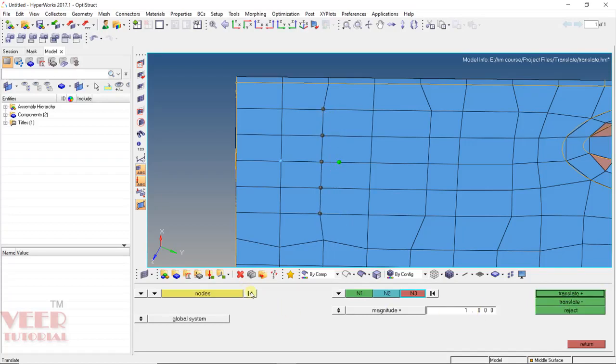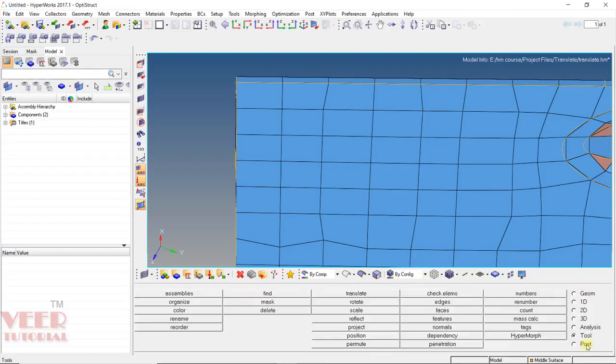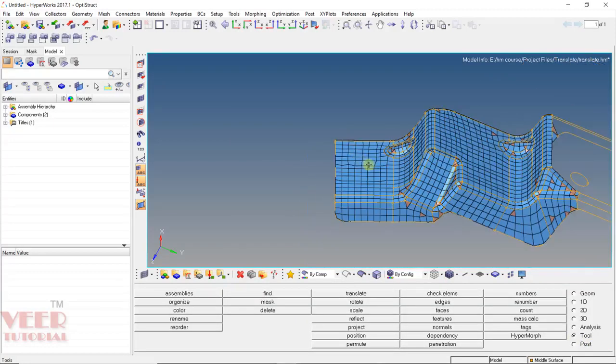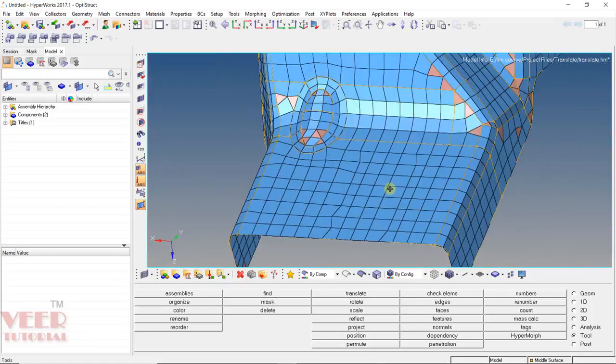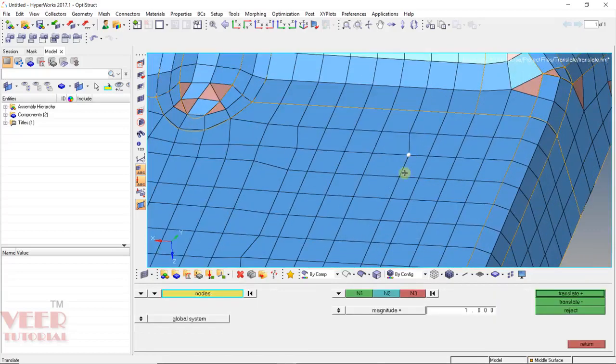So once again I click on reset. So I select all these nodes here. Click on reset here and then specify a vector here from this node to this node. Click on translate plus and then click on return. Now also into this translate, let's say I go to this Shift plus F4, I select these nodes here